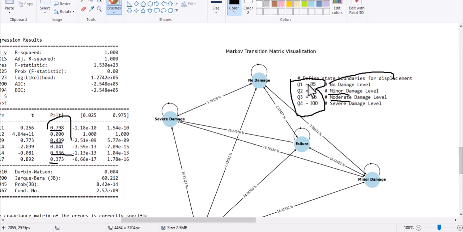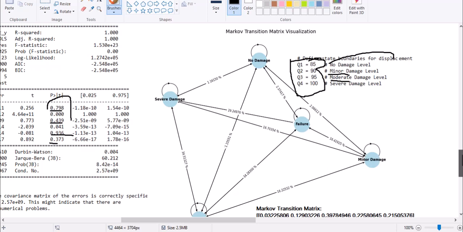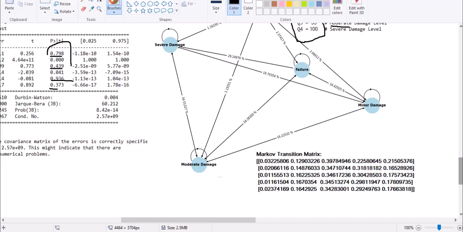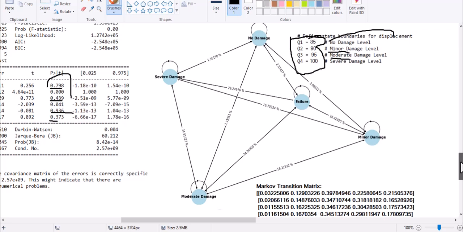So with the different values, and with this Markov chain transition matrix, we can find these damage levels with this matrix method. And you see that, for example,